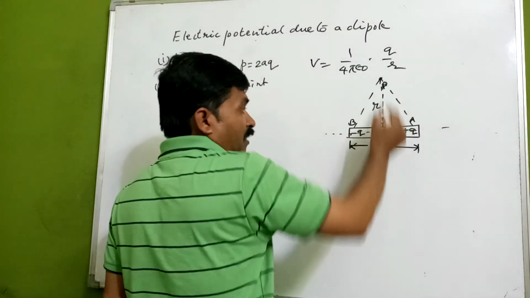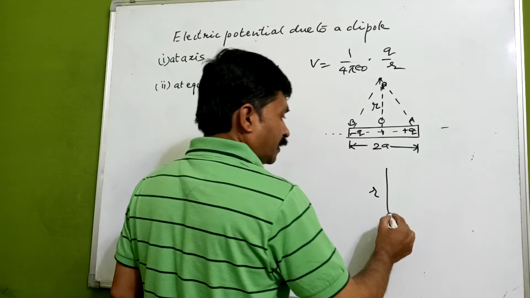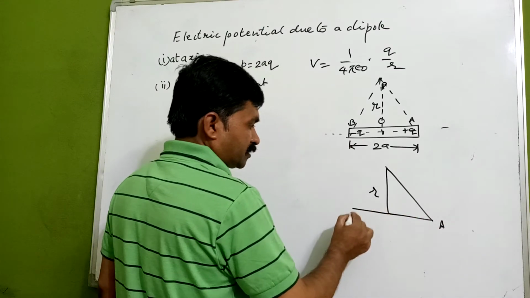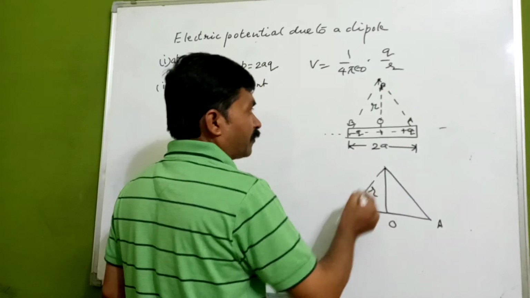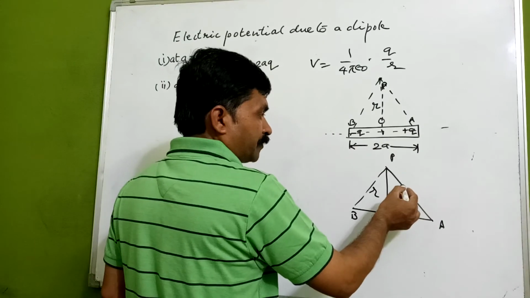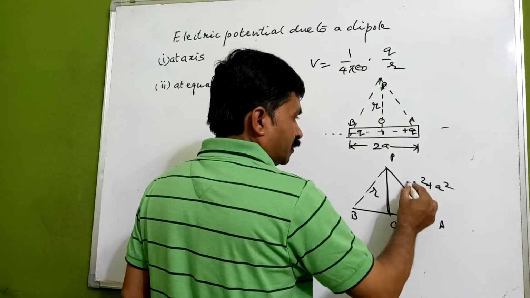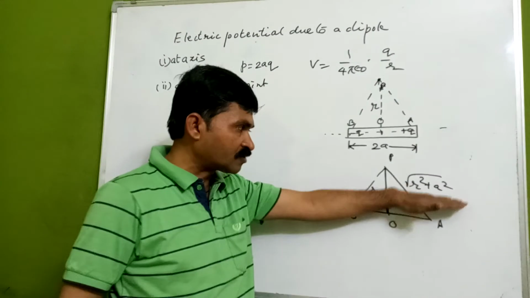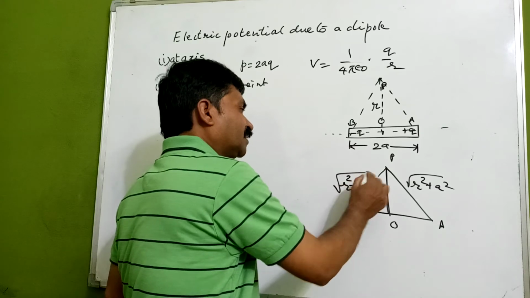ठीक है, तो यहाँ पे ये जो point आ रहा है ये r है. ये पॉइंट A हो गया आपका, दिस इज द पॉइंट B, हियर वी आर हैविंग O, और ये जो आपका पॉइंट हो गया P. तो यहाँ पे ये जो डिस्टेंस मिल रहा है ये आपको मिल रहा है r स्क्वायर प्लस a स्क्वायर. द डिस्टेंस विच वी आर गेटिंग दैट इज r स्क्वायर प्लस a स्क्वायर, एंड सेम डिस्टेंस विच वी आर गेटिंग इट हियर.